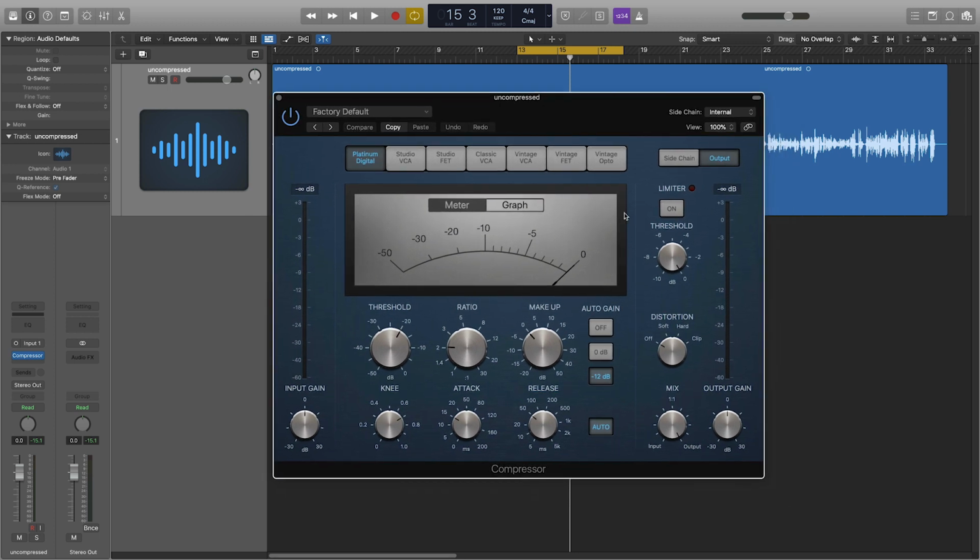Now there's a lot going on right here. It looks very complicated. There's a lot of dials and a lot of other things. It can be overwhelming. Don't worry. I'm going to explain all of this. And by the time I'm done, it's going to seem like old hat to you. No big deal. And again, the way that this particular compression tool looks is going to be different if you